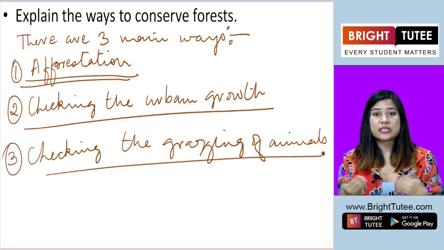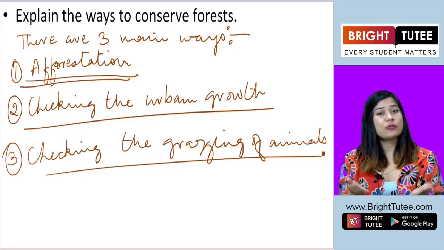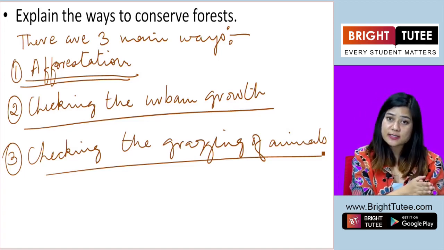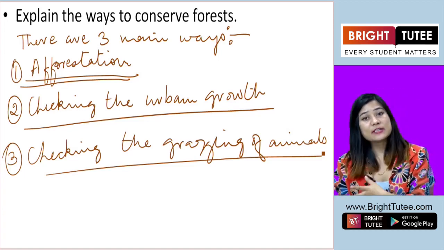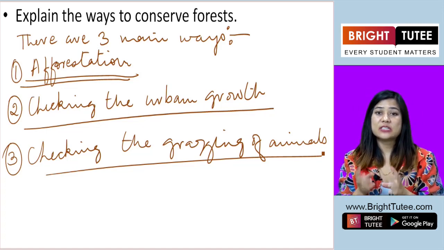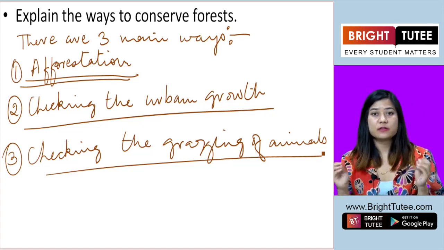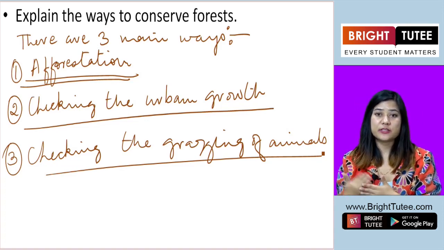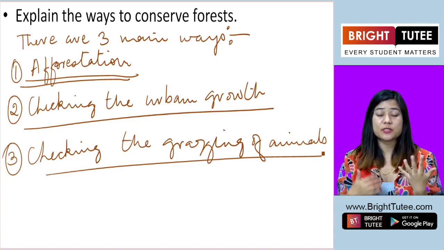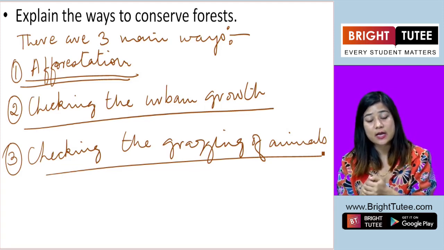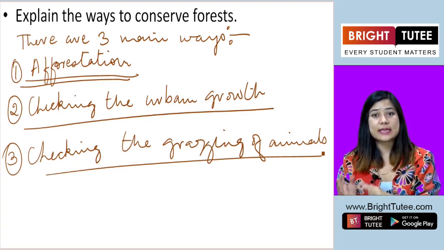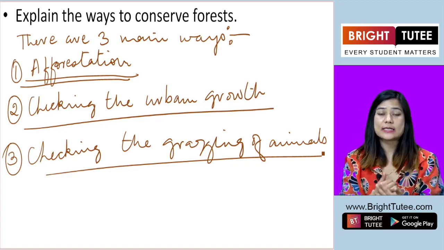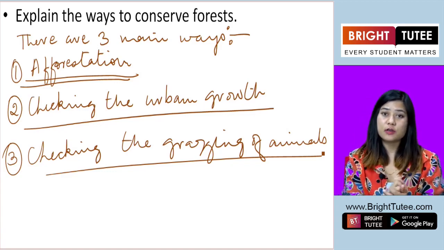The plants or the trees that we see in the Himalayas cannot be seen in the coastal areas. The plants and trees that we see in the desert areas cannot be seen in the plateau areas. So we learned about the distinct uniqueness of each type of vegetation. And then we also saw the different kinds of vegetation, where we saw 5 types of vegetation that we find in India. We went through it, and then at the end we learned how it is important and why it is important to conserve the forest.